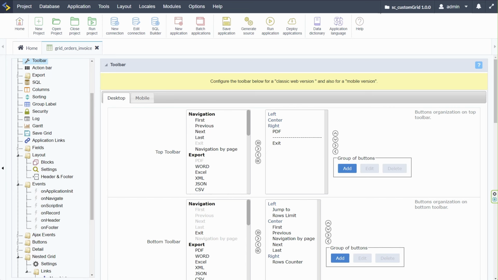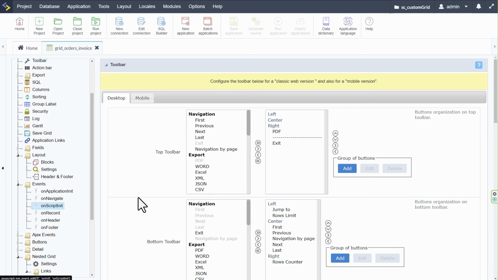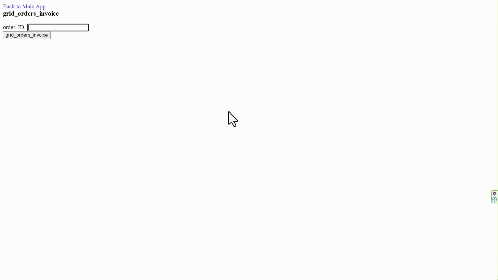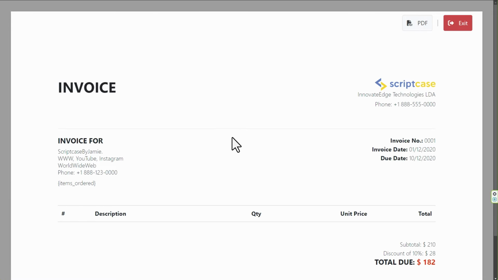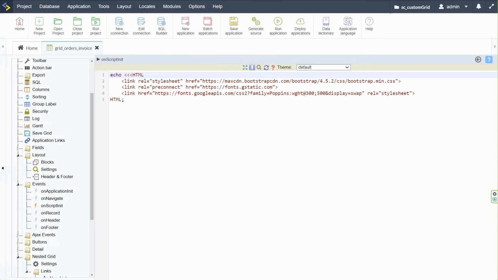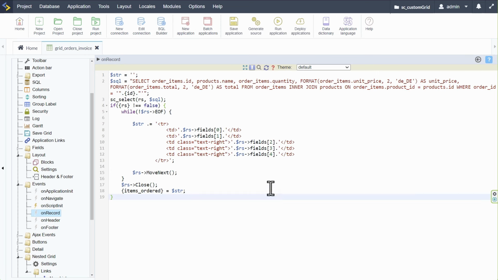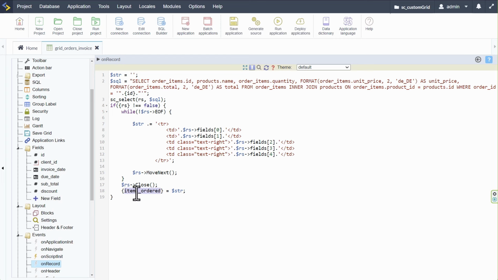In this case, what we're going to do is we are going to first of all make a few adjustments here to the application. And within the on-script init here, we will apply first of all some styling, and that will change then the styling a little more. There we go. That makes it a little fatter and sweeter, and applies here the Bootstrap framework. Now what we want to do then also is on record, we want to fill in our order items. So here we will be applying our items ordered, or I should adjust that here,